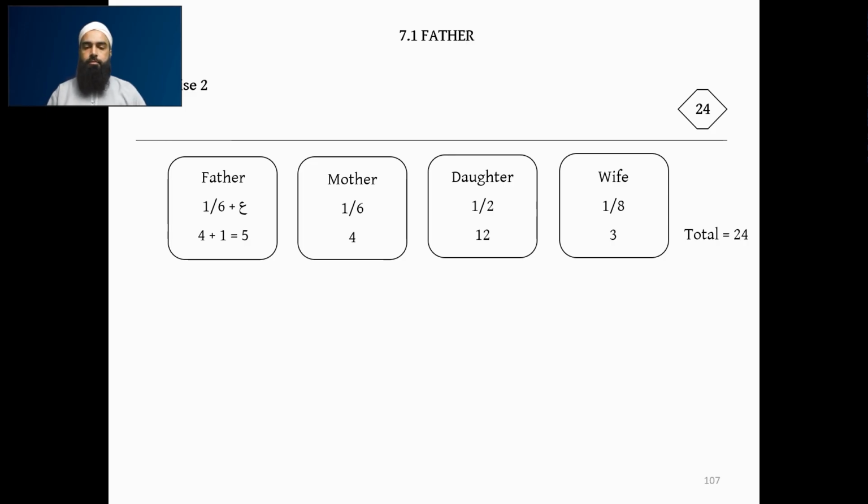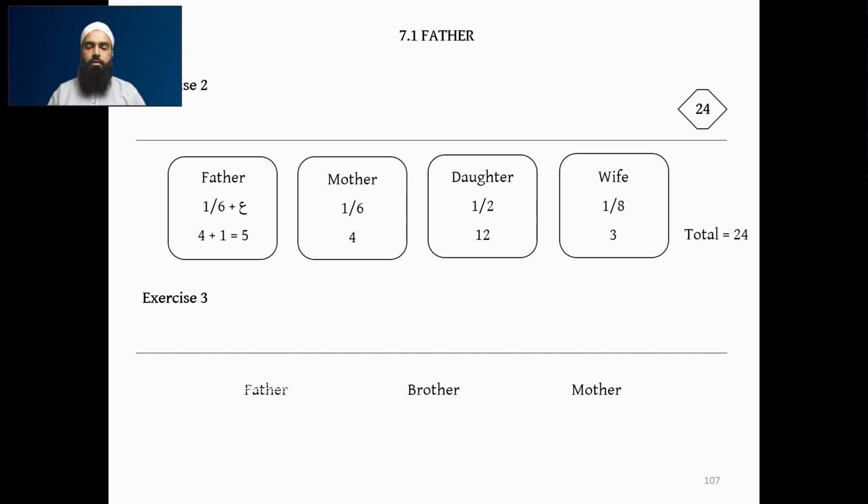Now to move on, the final scenario, or final question, we had for the father: mother, brother, and father. Now to reveal the answer: the mother, because there are no children, receives 1/3. The brother, because there's a father, will receive nothing. The father will receive the asaba, the agnatic share, because the father is a stronger agnatic shareholder than the brother. So the father will receive the remaining.